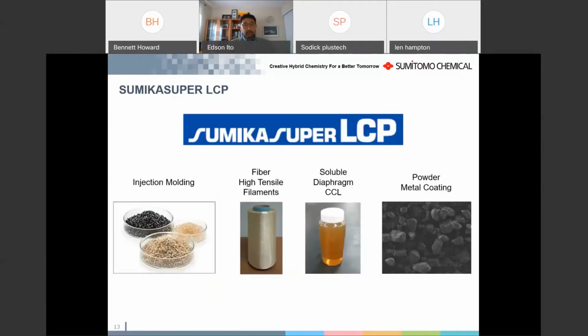One part that I think is interesting about LCP: we always tend to think about LCP as the pellets for injection molding, but it can come in many different ways. It can be used in a fiber format. Just to give you an idea, aramid fibers are also LCP-based fibers. It's just a different family of LCP. It's what we would call lyotropic